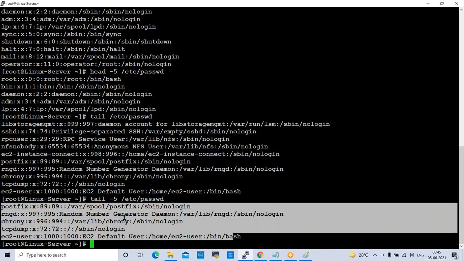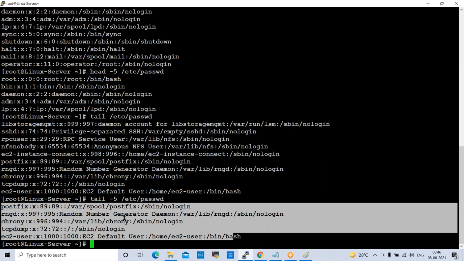Okay. So like this, we can use the head command, tail command, less command, more command. What will the less command do? It will show you page by page. Normally, for example, if we have 10 pages in the file and you open that file in the vi editor, what will happen? It will scroll all the pages and show you the last page. That is why we use the less command or more command to display page by page.